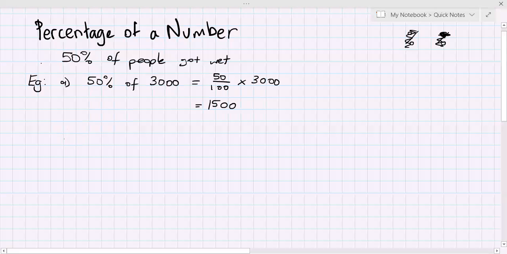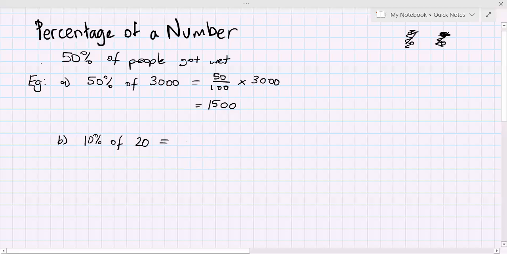Okay, well, what about another situation I might be able to talk about? What if I was asking everyone in the class how many people have a pet fish, and I worked out that 10% of the class have a pet fish. So what's the question I wanted to know? I want to know 10% of the class. So how many is in the class? Let's say there's 20 in the class, make things nice and easy, have a pet fish. How many people have a pet fish? Well,